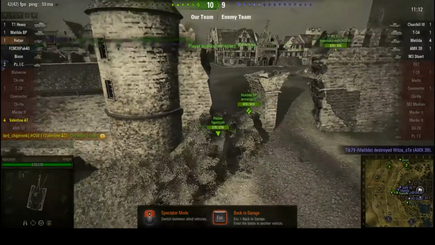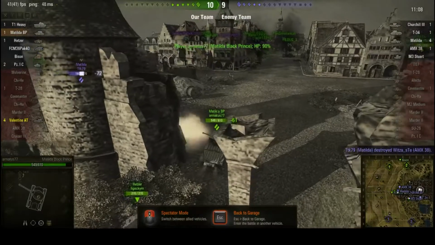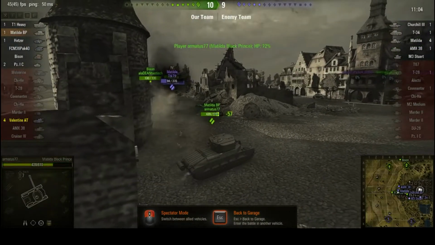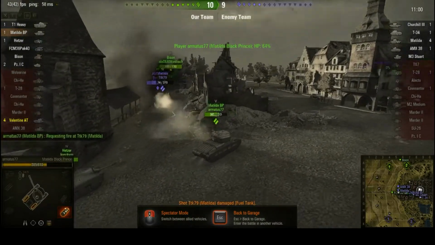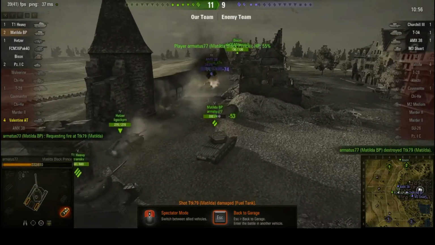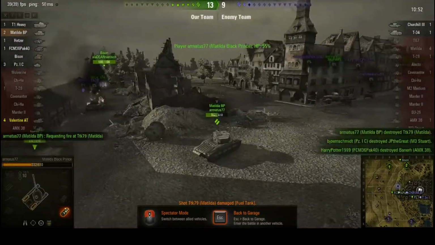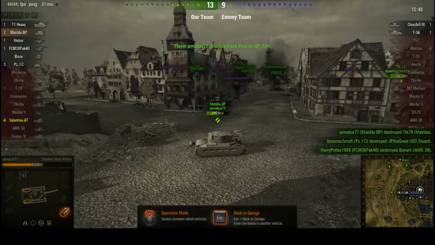But let's just watch this game to the conclusion. It's 10-9. We do have the slight upper hand, and now we're going to see a duel between a Matilda Black Prince and a regular Matilda. Our Matilda Black Prince is not angling his armour in the slightest, which is kind of irritating. He also doesn't appear to be aiming his shots particularly well, but nonetheless he manages to kill the enemy Matilda. Our Panzer 1C kills their Stuart, our FCM kills their AMX, and suddenly it's just the Churchill 3, who I